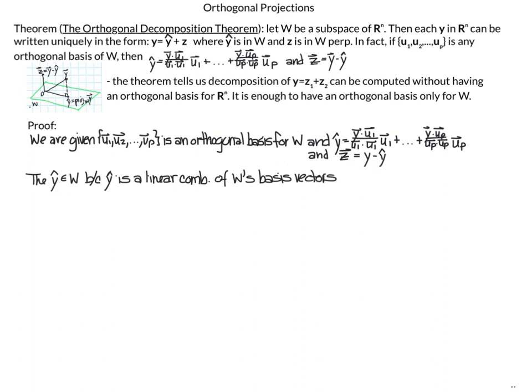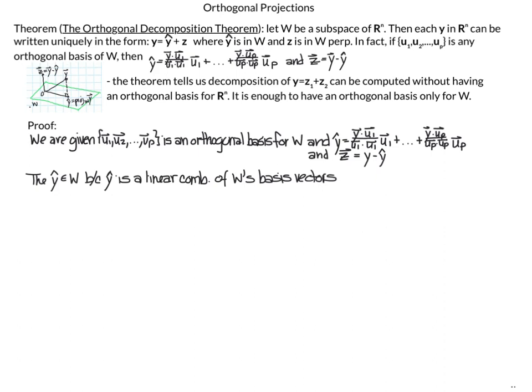The next part of our proof is to show that z equals y minus y hat is in W perp, because by doing this, since z is equal to y minus y hat, y is equal to z plus y hat. And we have shown then that y hat is in W and z is in W perp. And so we have found our decomposition of y into y hat plus z. So again, we need to show that z is in W perp. But to show something is in W perp,